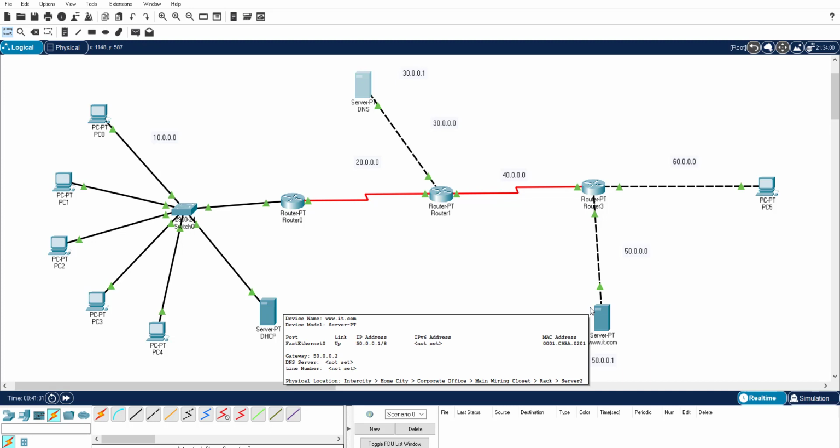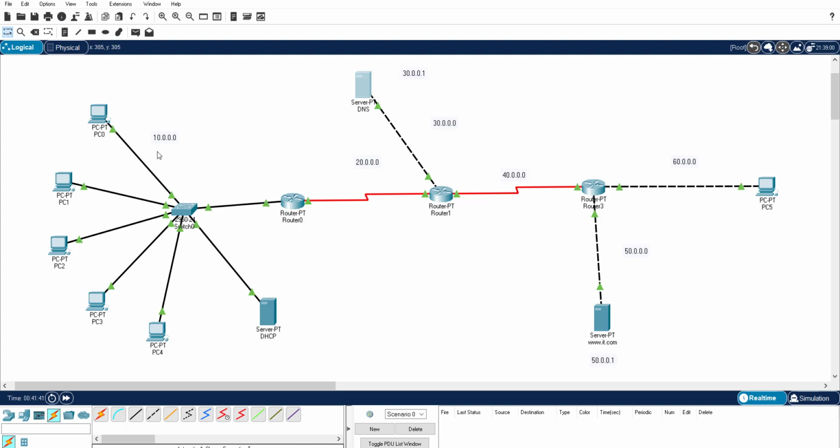Without a routing protocol, you are not going to move from one network to another network unless it is directly connected. If it is directly connected, no problem. That means from network 10 to network 20, you can communicate. From 20 to 10, you can communicate. But from 10 to 40, you cannot communicate without the routing protocol. There are plenty of routing protocols available, like distance vector routing protocol, link state routing protocol, hybrid routing protocol.